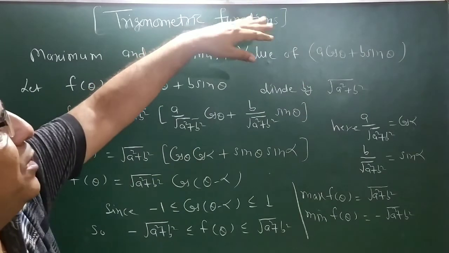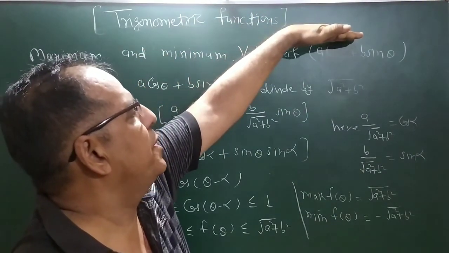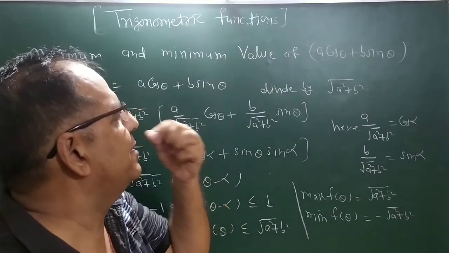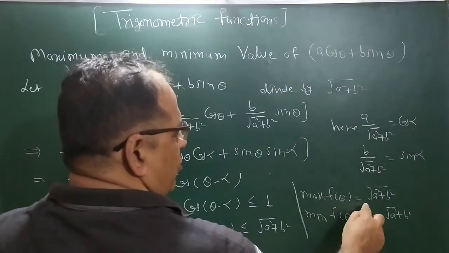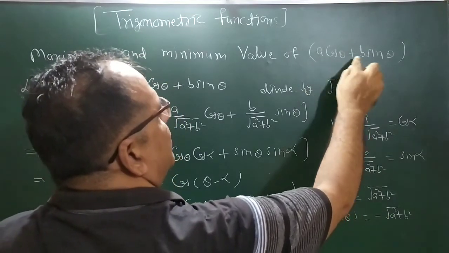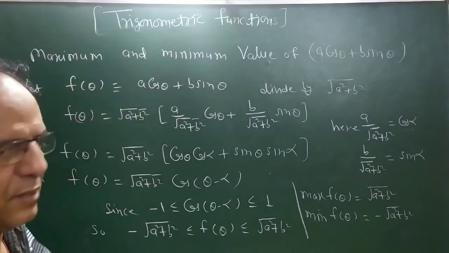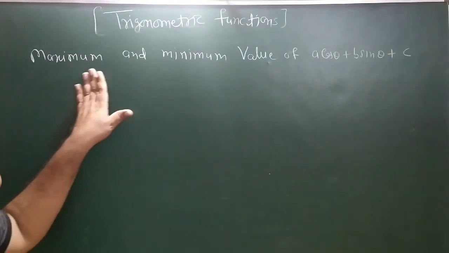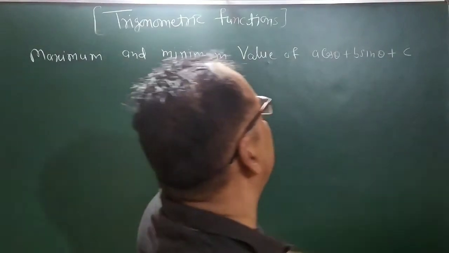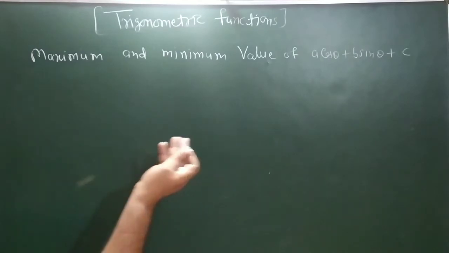So this is the basic concept. If we want to find the numerically maximum and minimum value of the trigonometric expression a cos theta plus b sin theta, the maximum value of this expression is the square root of a square plus b square, and similarly the minimum value is minus under root a square plus b square. Now we want to find the maximum and minimum value of a cos theta plus b sin theta plus c. So according to the previous method,